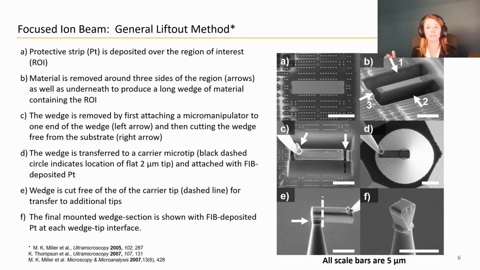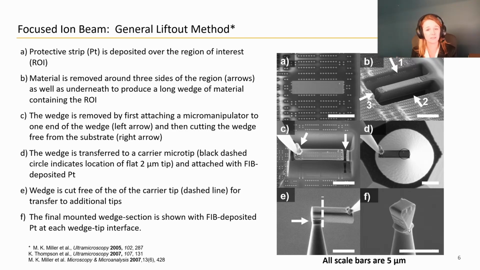We can then use the ion beam to make cuts on three sides, so we have kind of a cantilevered wedge still attached to our surface. We then bring in a micro manipulator needle and do a little bit of welding of that needle onto the surface of our sample and cut the remaining side free. We can then move this wedge over to a flat-topped silicon mounting substrate and essentially weld a little piece of that on and cut multiple samples from that wedge and get a little bit of tacking material on the other